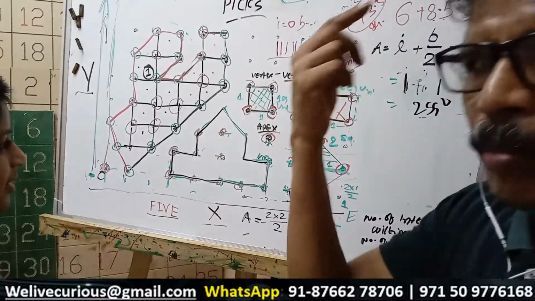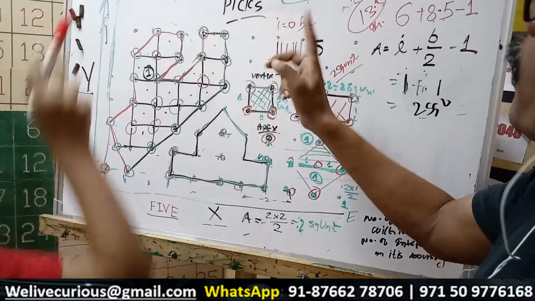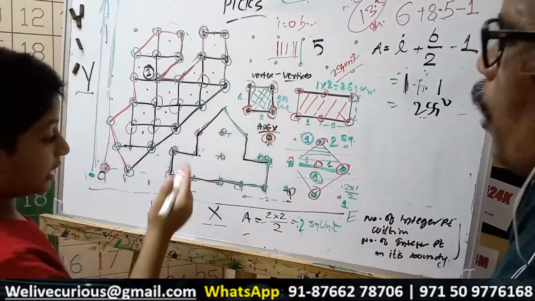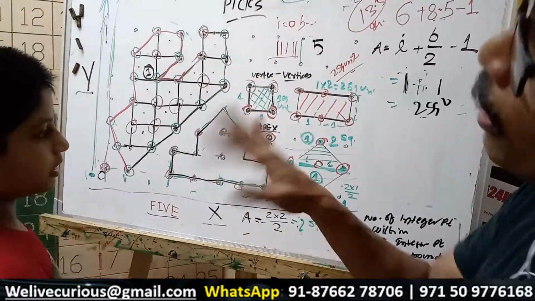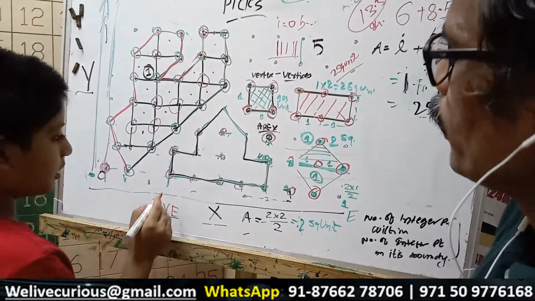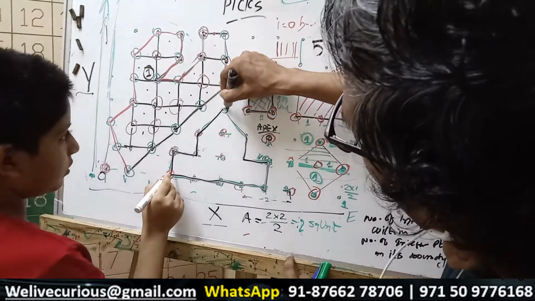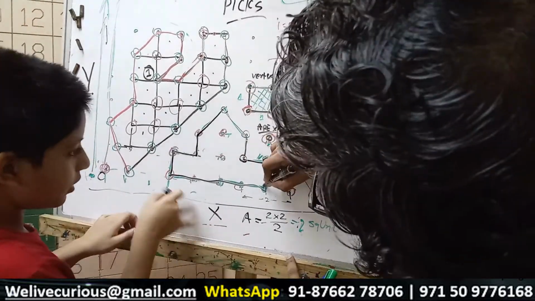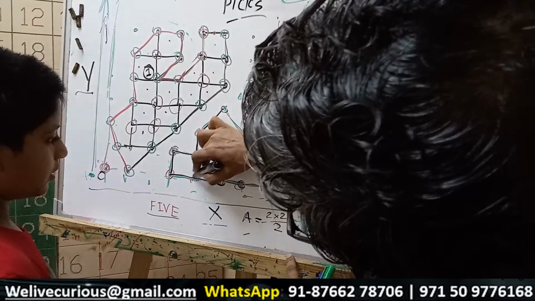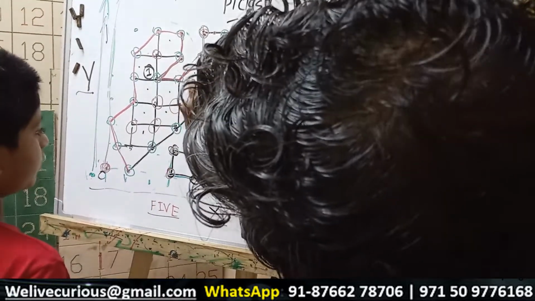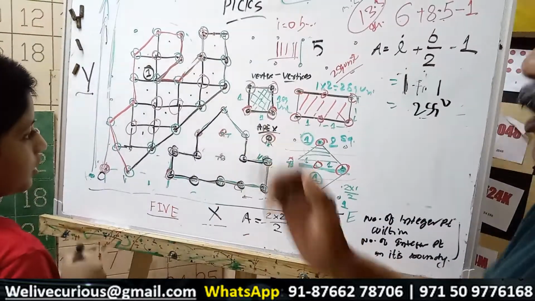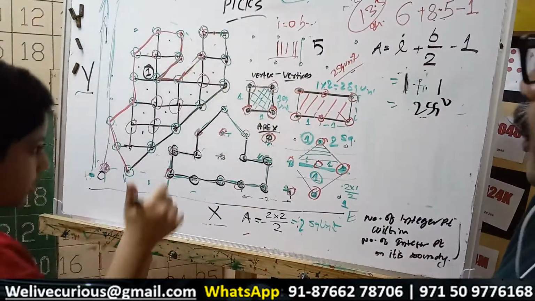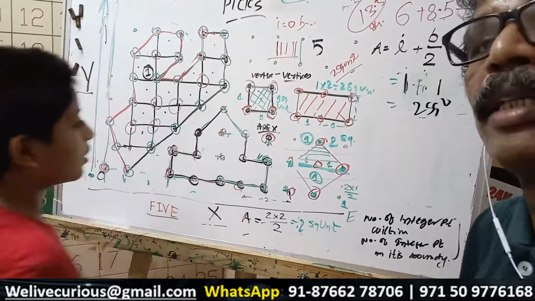Just calculate the number of border points. Make it half. Take away 1. Border points. How many? Internal point first, internal last. Border points, make it half and take away 1. Calculate how many border points are there. Make it half, take away 1. And he really forgot this one. Yes, make it half, take away 1.